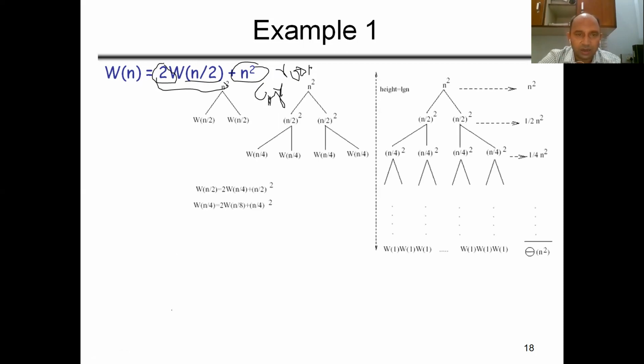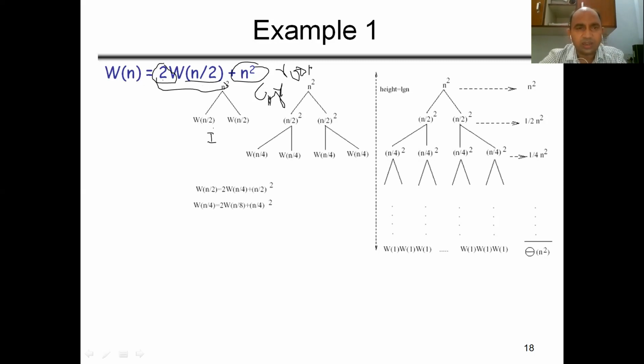This is in our PPT. Our first step tree is above. Here is my root cost n square, and I have two branches, each having size n by 2 and n by 2. That is my first step. Now I have to grow this tree to another step.